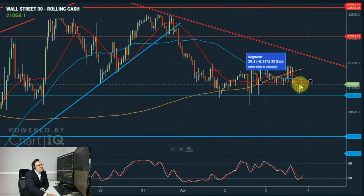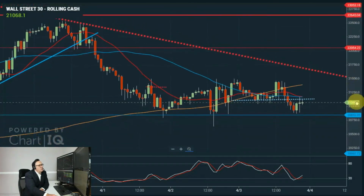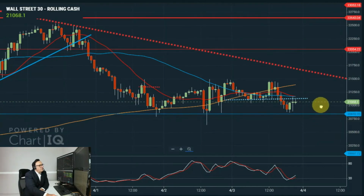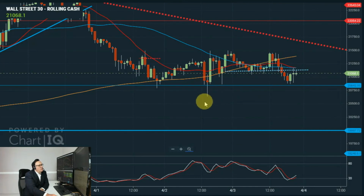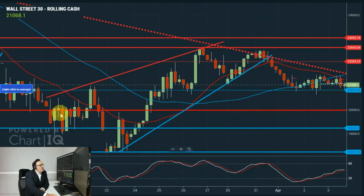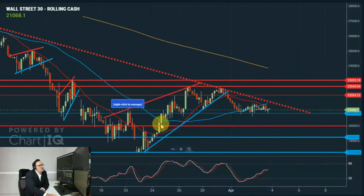So if we do get this double top breakout to the downside, an extension to the downside, the initial support is yet again at 20,850. Confirmed loss of that level could open the way for a retest of these lows here towards 20,550, 20,600. Loss of that level could open the way for a deeper corrective move towards the nice round number of 20,000, and that 20,000 is very, very important because it was tested here on many occasions, initially as a support